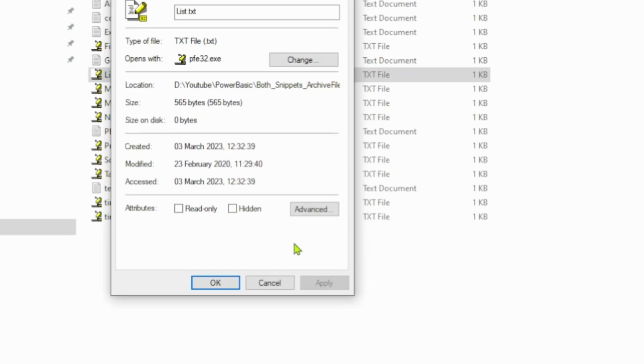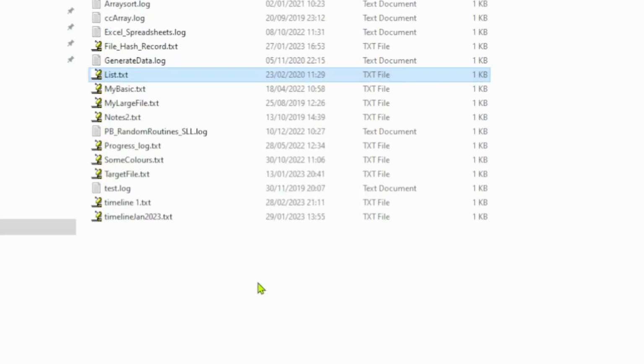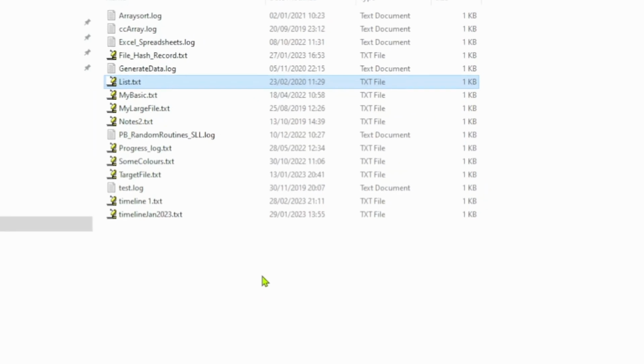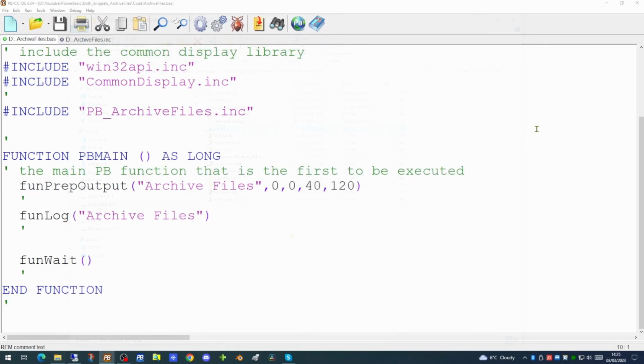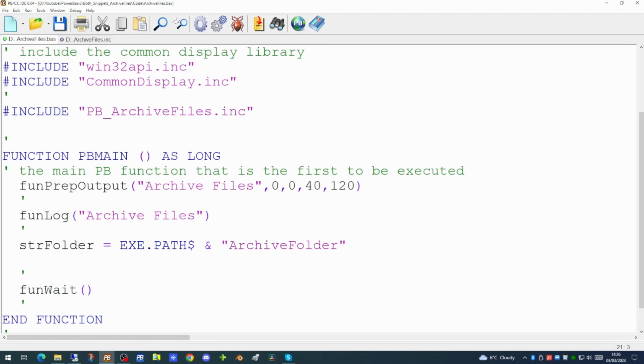And we're going to be using the modified date to determine whether the file is a candidate for deletion or not. Some of these files date back to 2019, and some of these files are this year's files. So in order to perform this deletion, we first need to know the name and path to the folder that contains the files. Next, we will want to know what type of action we wish to do on the file.